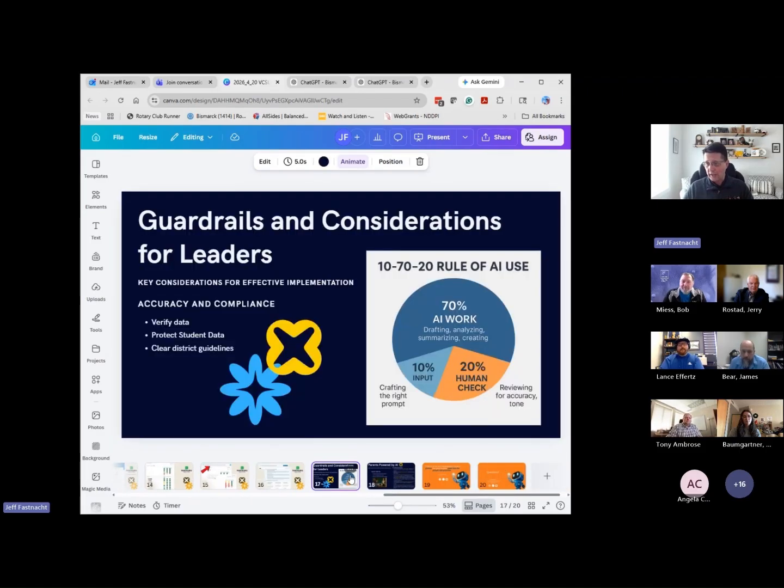And so I guess the last thing I ended with principals and leaders is, whatever you do, you got to check it. I tell people AI doesn't make my world easier because I still put time in at the beginning, asking good questions and giving a good starter. It does a lot of my writing for me, and then after it writes, I'm still checking it. I'm still making sure it says the right thing.